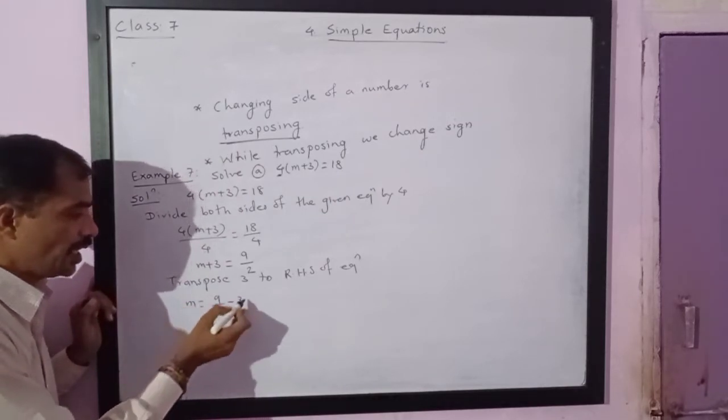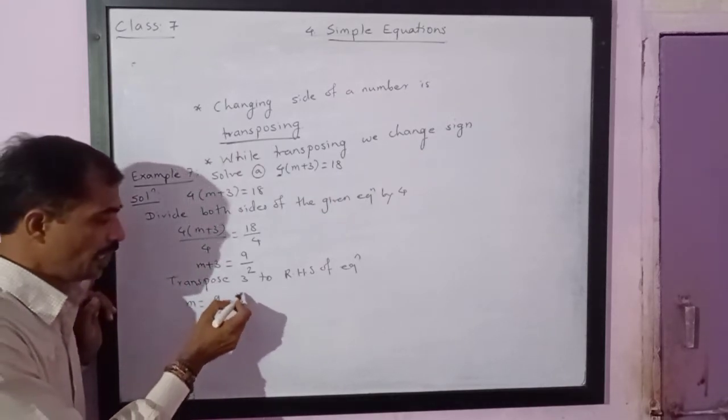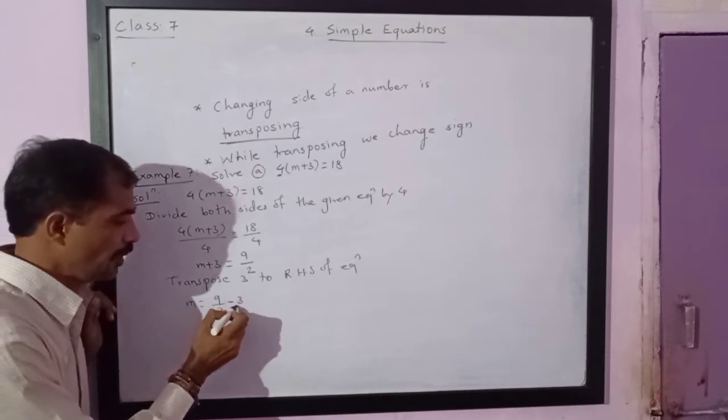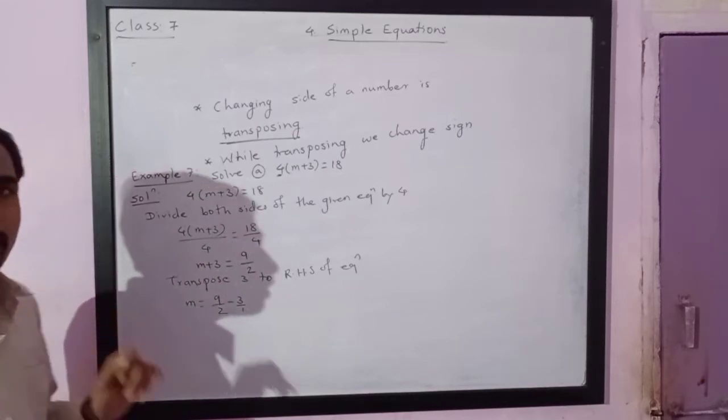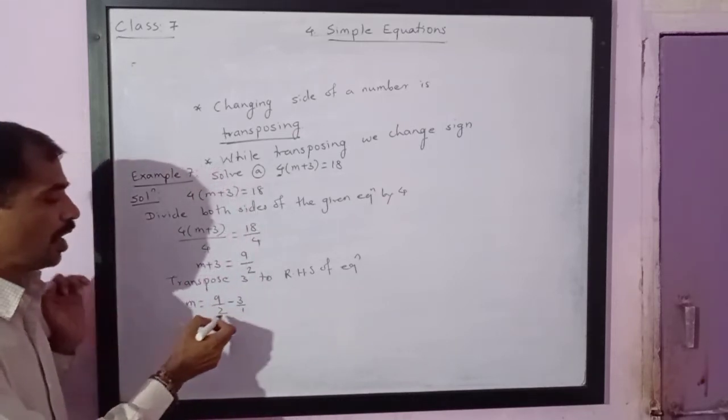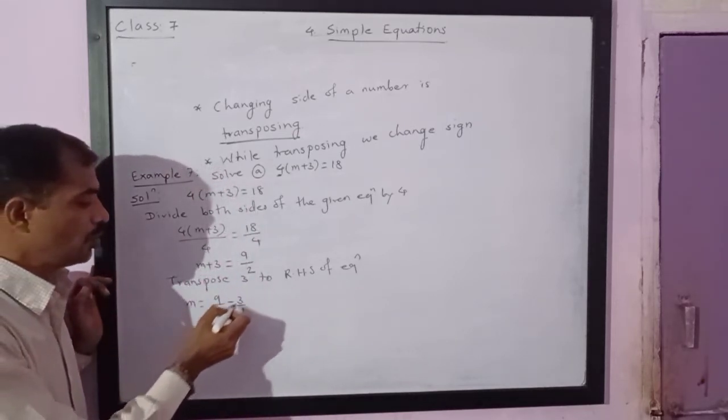Here it is a fraction, and here it is not a fraction. Here it is an integer, which means the denominator is 1. Now unless and until the denominators are the same, we cannot do the subtraction. So we have to make the denominator the same, or we need to do the cross multiplication.